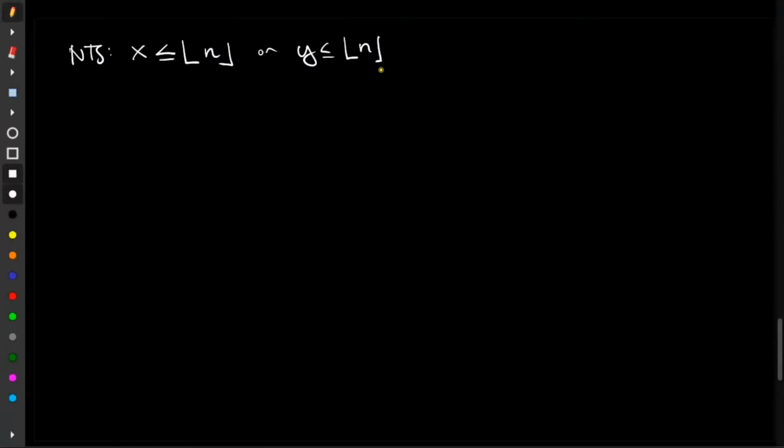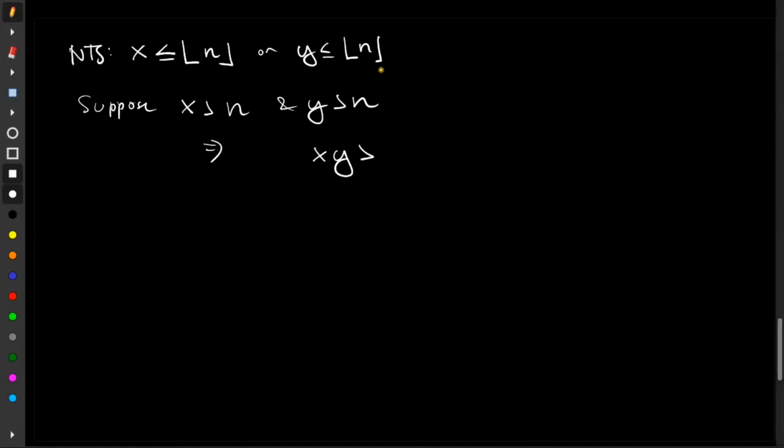First, proving by contradiction. Let's suppose that not this one. So x is greater than the square root of n. Let's start first with the square root of n, since it's easier to put the floor later on, since we are dealing with integers. So let's suppose that x is greater than the square root of n and y is greater than the square root of n. This implies that if we multiply these two, then xy is greater than